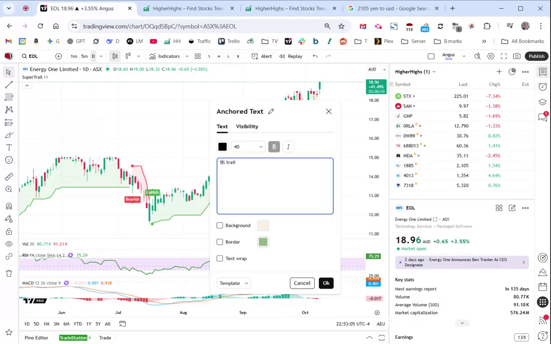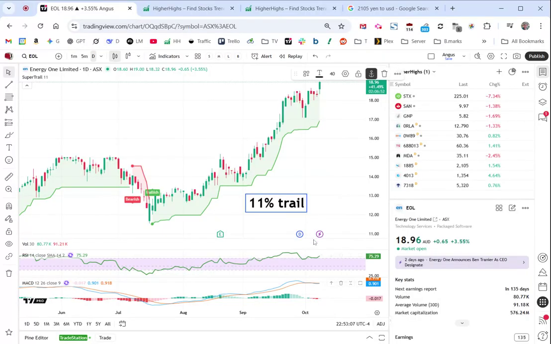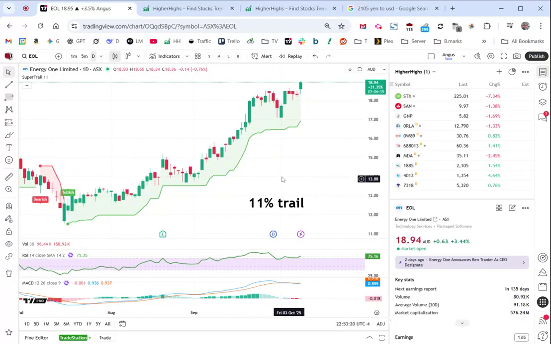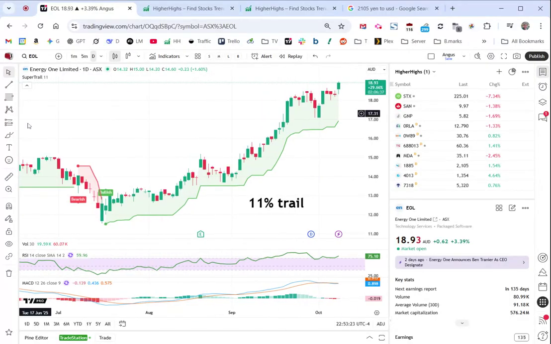One of the limitations of TradingView is it won't save the trail value between the different stocks. So if I go to STX and change the trail value to something else, it won't remember it, and that's something I'm going to try and build into the Higher Highs website at some stage. I'm going to switch across to the TradingView charts and try to have